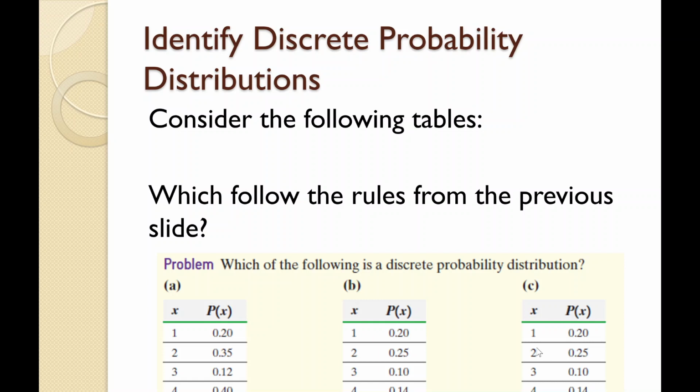It doesn't necessarily have to be exactly 1. It just needs to be very close to 1, like 0.999 or 1.01. Just don't say 0.9. 0.9 is not a probability distribution. 0.9 would be a 90% on a test, and if you got a 90, you wouldn't run around telling everybody, "Oh, I got 100 on my test." If you got a 99, you'd probably say, "Hey, I pretty much got 100," or "I basically got 100. I missed 1 point."